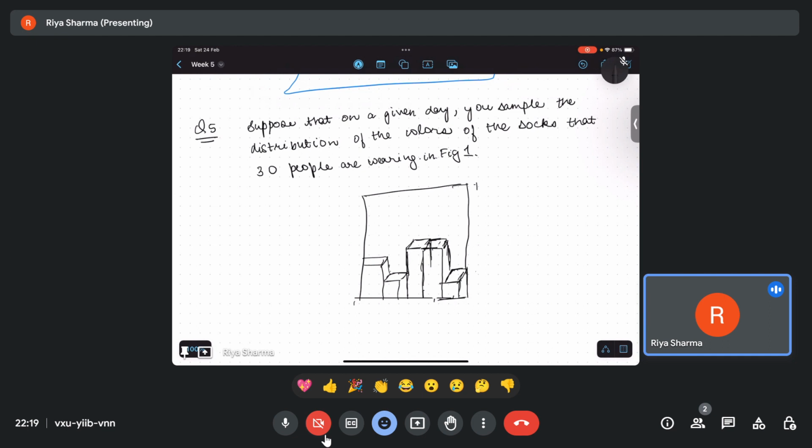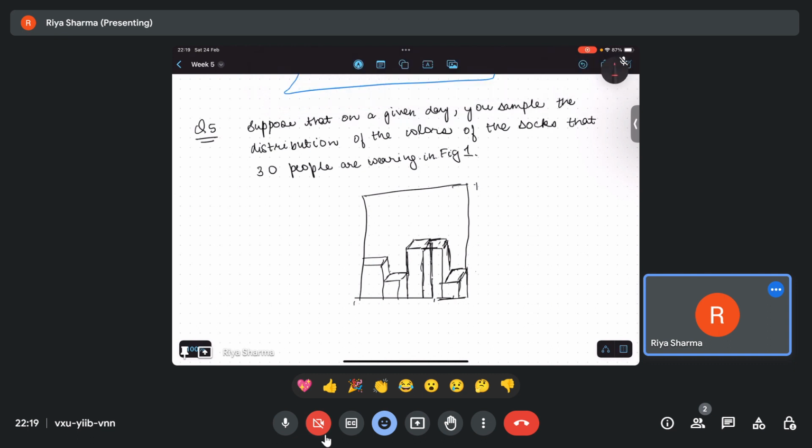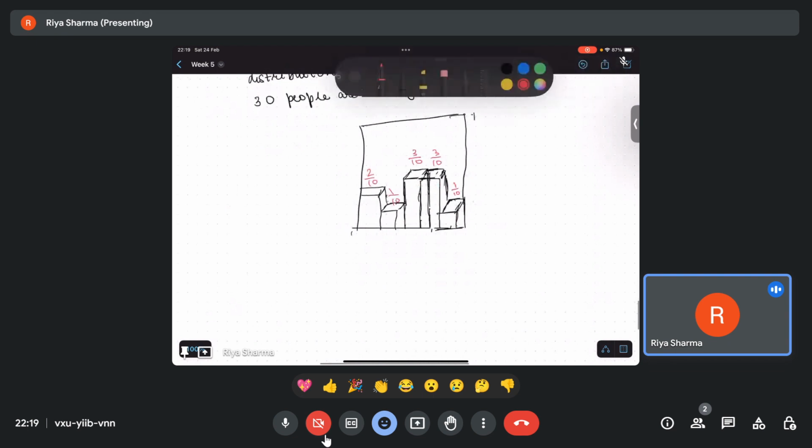So these are the values which we'll be taking. What we have been given is this equals 2 by 10, this equals 1 by 10, this equals 3 by 10, this is also 3 by 10, and this equals 1 by 10. So what it is asking from me is that,